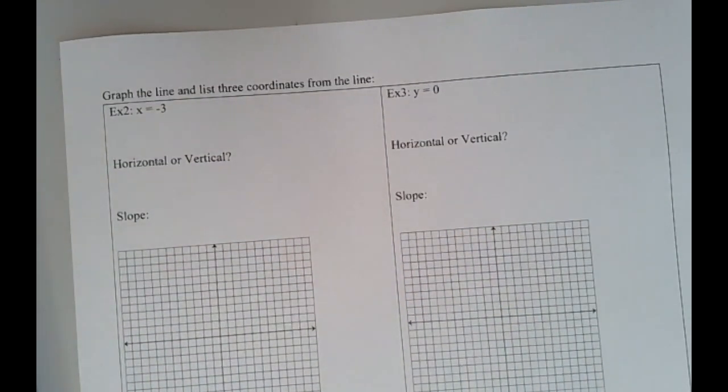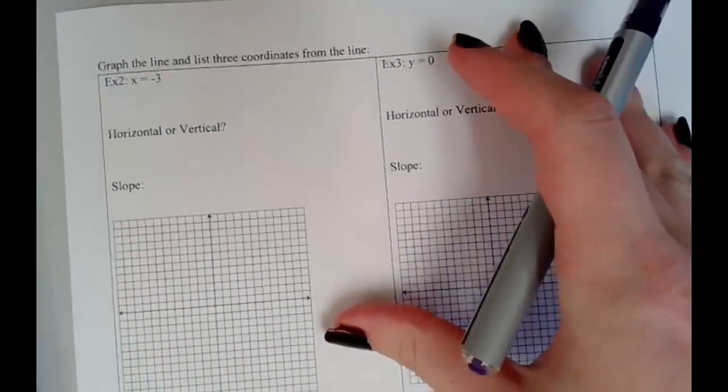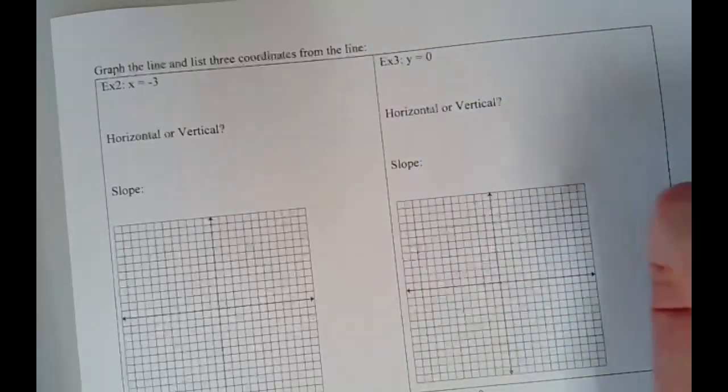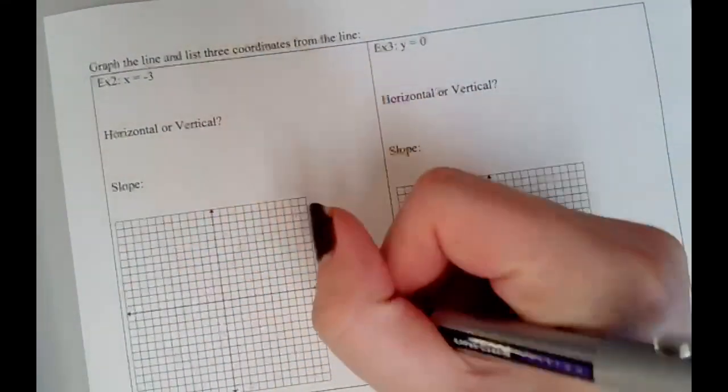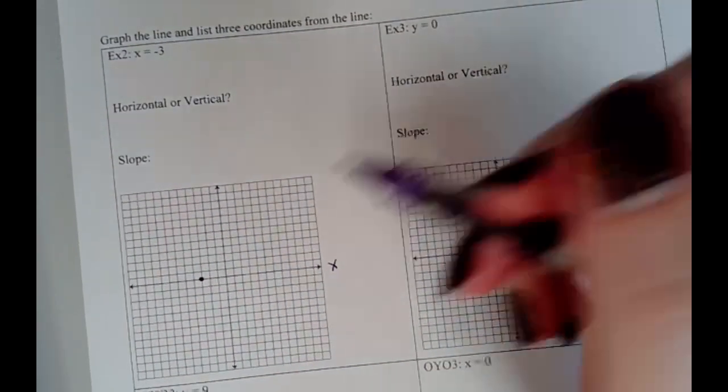So the first thing that I see is I have the equation x equals -3. So x equals -3 is an actual equation. It's not just one point. So you don't just go to my x-axis, put a point at -3 and stop there. Okay, x is